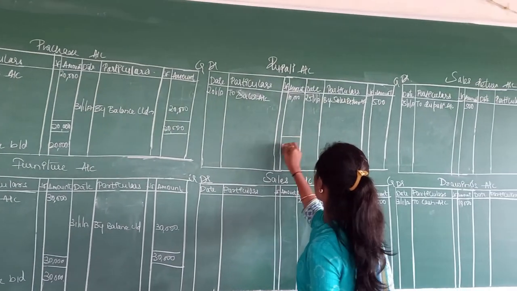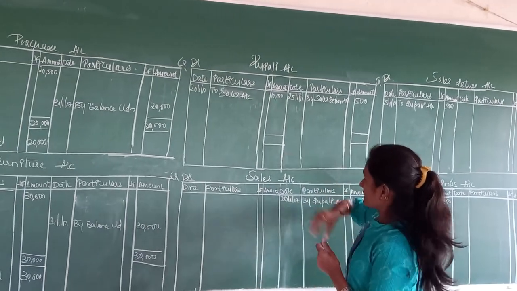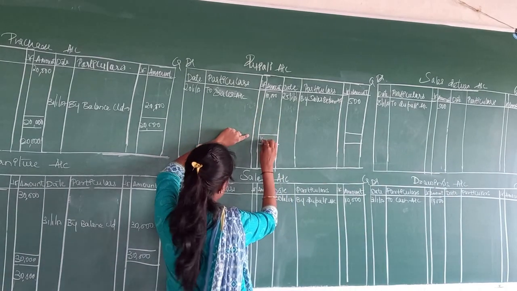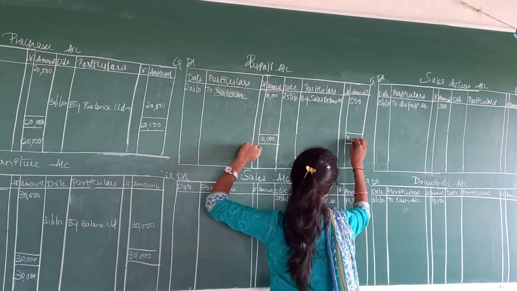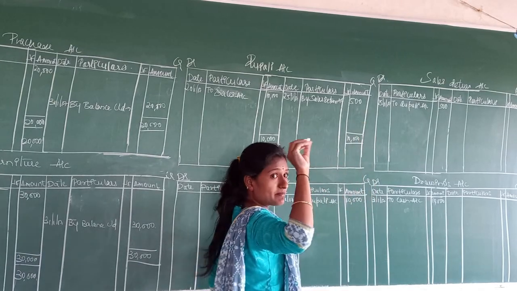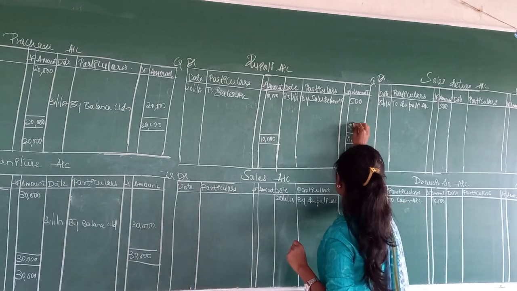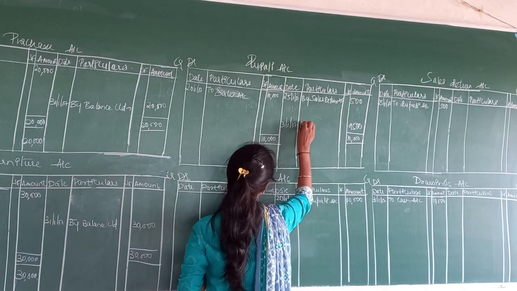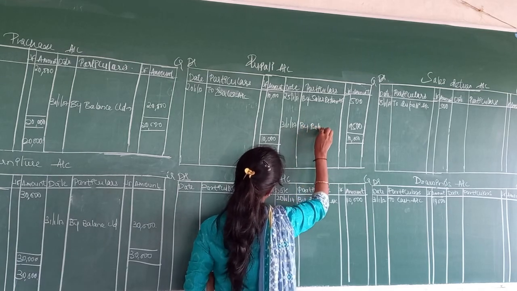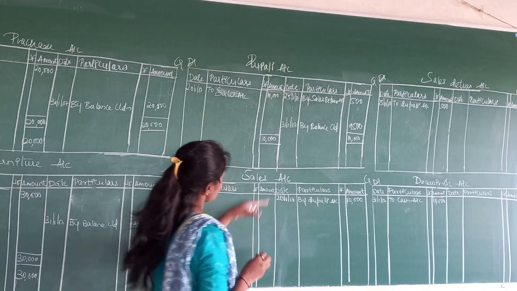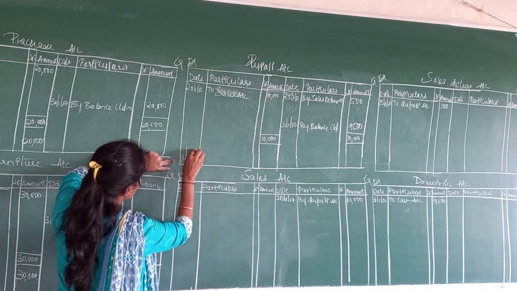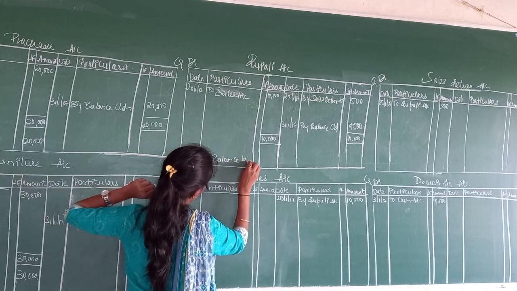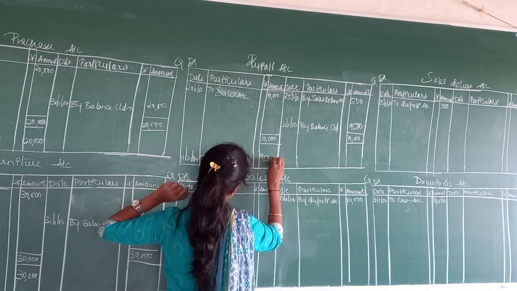See here again a double line. Yes, this side amount we have 10,000, and this side we have 500. So this side amount is more, the same we write here on both sides. We have this side 500, so the remaining balance is 10,000 minus 500, that is 9,500, the balancing figure. So for that I will write 31st 1/2017, by balance carried down. Yes, and opposite of this we need to write 1/2/2017, to balance brought down, that is amount of 9,500.